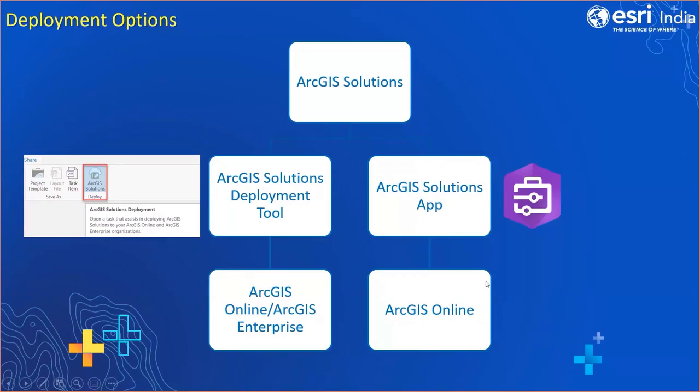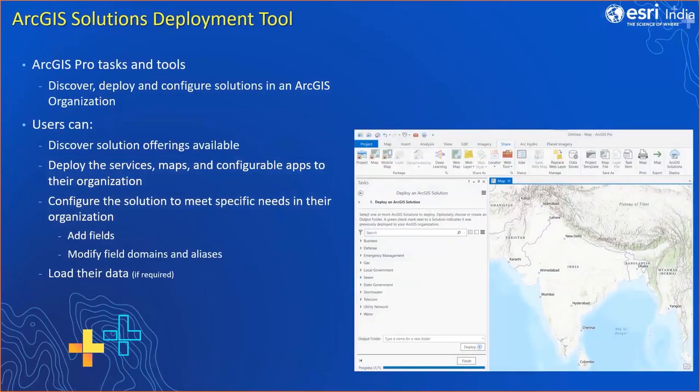If you have an ArcGIS Online account with you, you can try both of these options to see how they differ and what options you have. So let us first talk about the first type of deployment. How do we deploy using the solutions deployment tool? This you can do from your Pro environment. To activate this tool, you may have to install an add-in, and